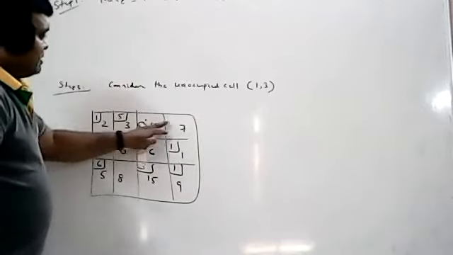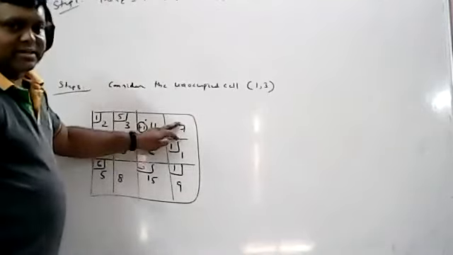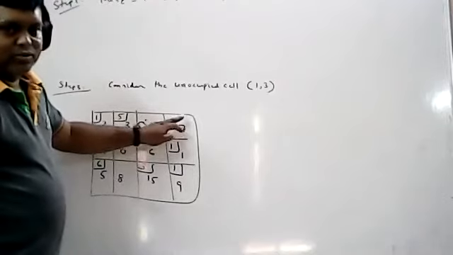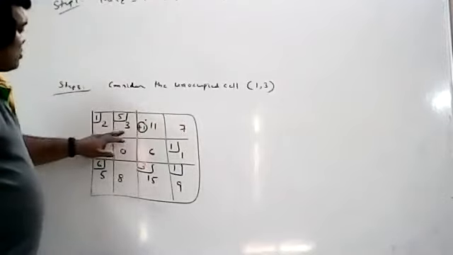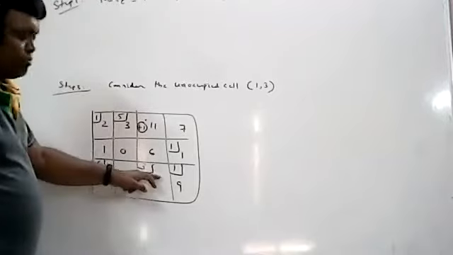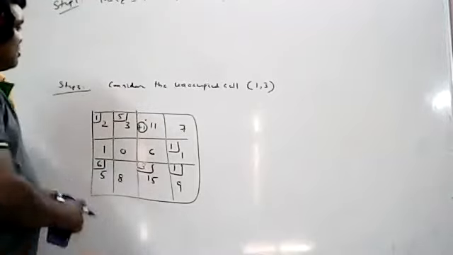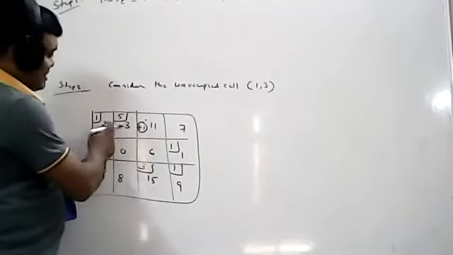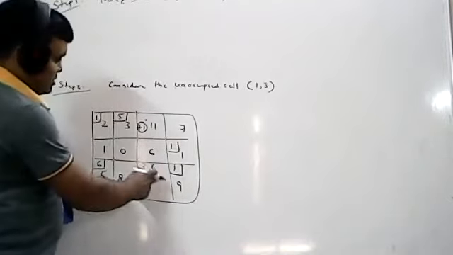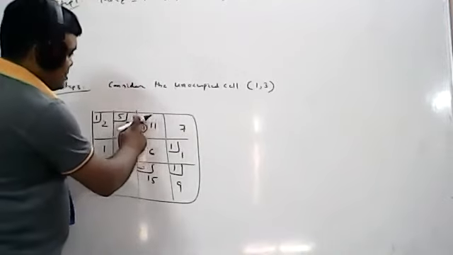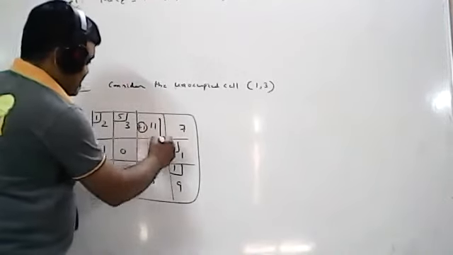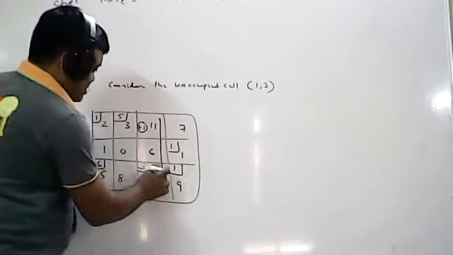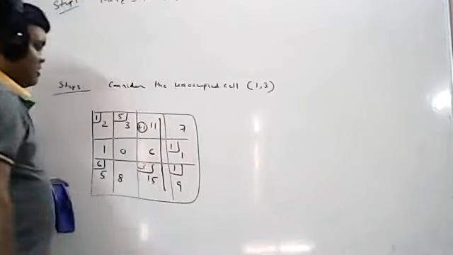This is an unoccupied cell, so I cannot take it as a corner point. The loop definition fails. So obviously you have 2 choices, whether you can go like this, or you can go like this. There is a confusion whether I want to take this one or this one. So I will leave this way. You can go directly to this one because this is unoccupied, this is occupied. So first I will consider directly moving like this. So this is a corner point.